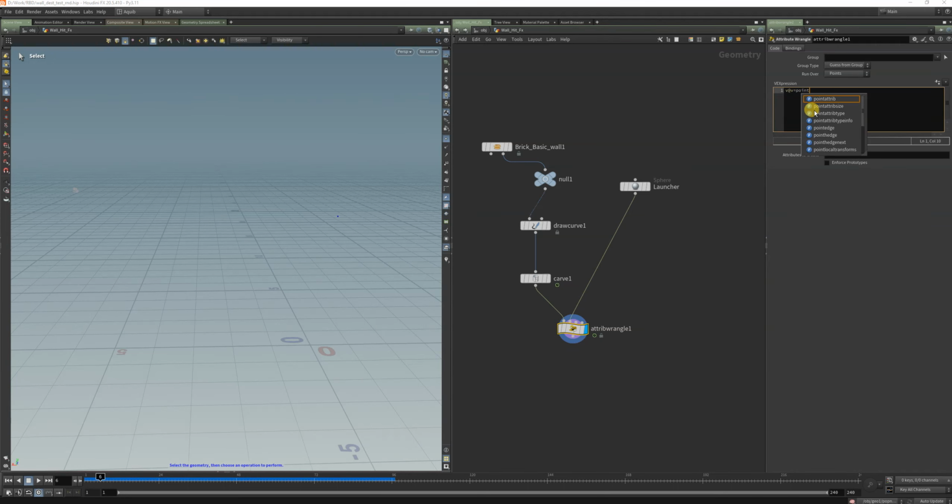So I need the velocity from here. This point is from point 0, so point 0 is transferred to